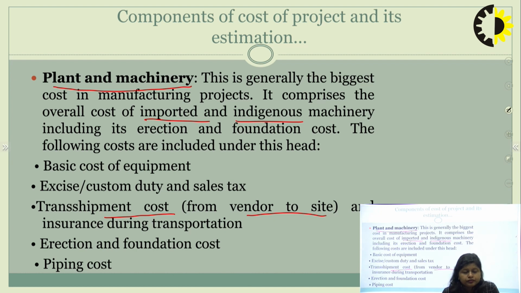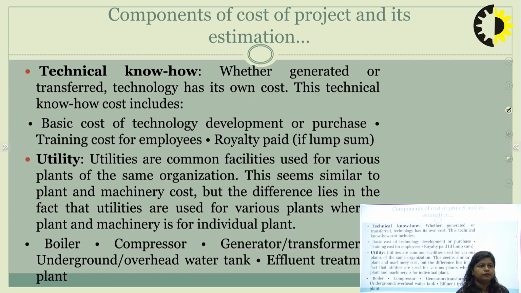So under the plant and machinery head, you need to include all the costs incurred to acquire the machinery, to purchase the machinery, to register the machinery, and the cost involved in the shipment of that machinery. And developing and placing those machines onto the site, and developing the connections between all those machines. So this is the cost involved in plant and machinery.